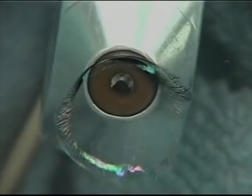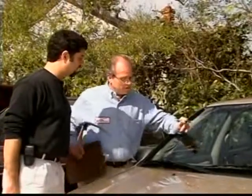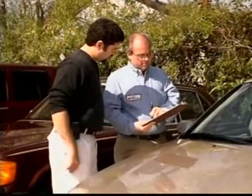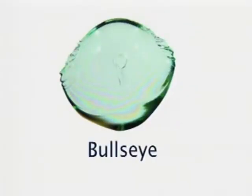And while that may sound relatively simple, there are a number of factors to consider when identifying and executing a successful repair. Let's start by looking at what a repair technician looks for when assessing what can reasonably be repaired. Traditionally, breaks in a windshield have fallen under the following 4 descriptors: bullseye, half moon, star, and combination. A bullseye is a clean, separated cone-shaped break in the outer layer of the glass that slightly resembles a bullseye